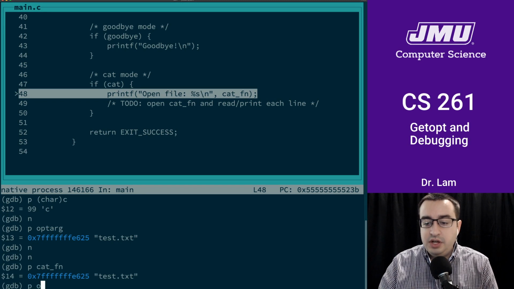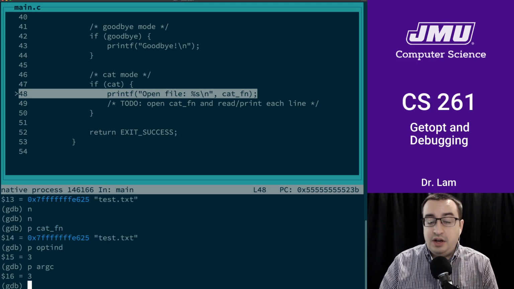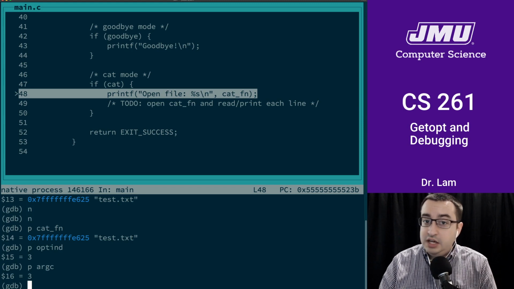At this point, we can also look at the opt-ind global variable. So this is currently set to 3. And this is because we've finished all of our handling of the options. Getopt was able to handle the -C flag and its argument. And so the next command line parameter to process is going to be at index 3, which is actually the same as argc. So we're really sort of pointing off the end of the array. And so this is something we can use to check here at the end. As long as opt-ind is equal to argc, that means that we don't have any extra parameters at the end.